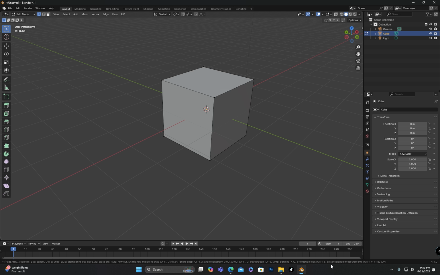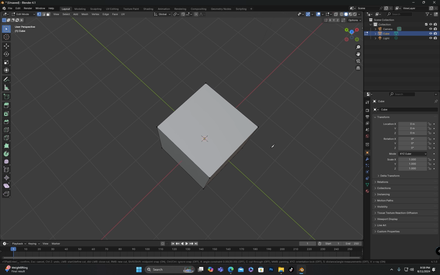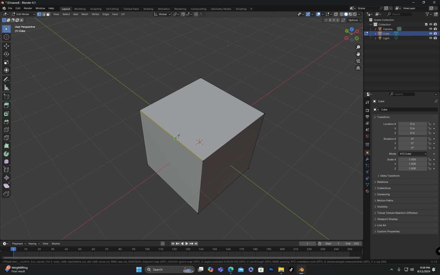The next option we will use is S for distance or angle measurement. If I use the knife tool and click on any point, for example the center midpoint, you will not initially see any distance or angle measurement displayed. However, if I press S to enable the measurement feature, you will notice that the distance and angle measurement are now visible.